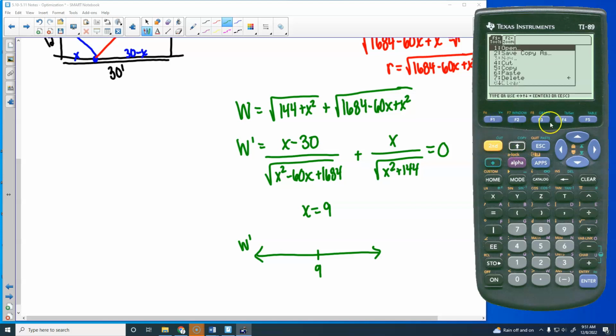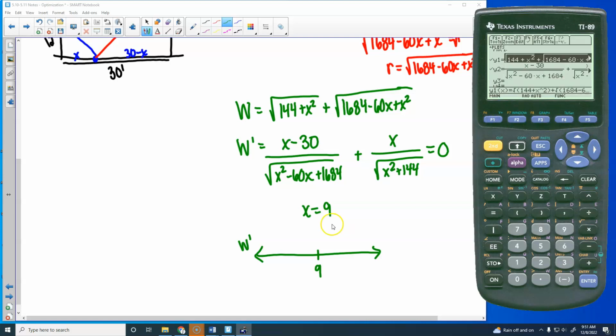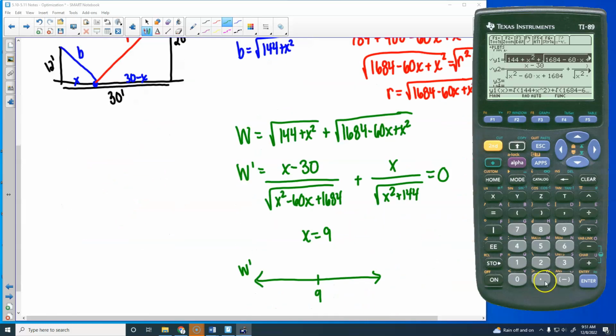I'm going to go back here to y equals. I'm going to take out y1 now. I don't need it. Do I? No. And I'm going to just do zoom 6. Because I just need to see what happens at 9. Stops. I'm pretty sure it doesn't stop. I'm pretty sure it crosses at 9. Alright, let's do zoom fit. Let's see if it'll